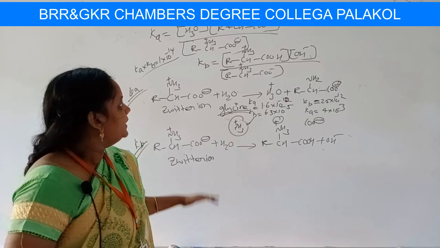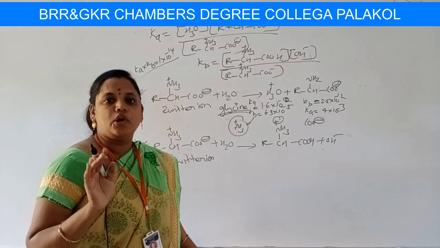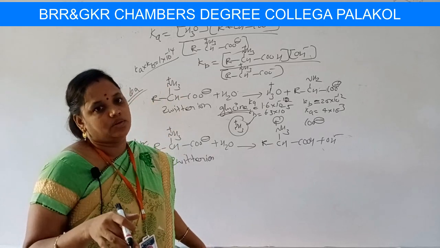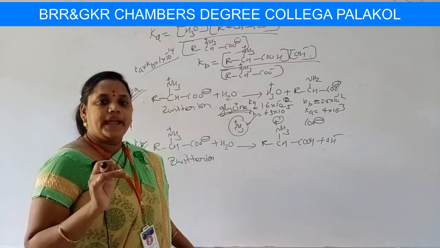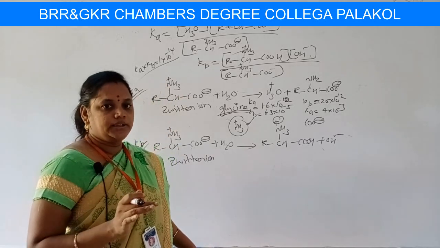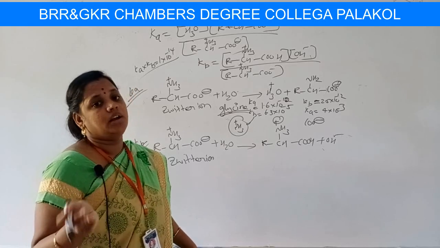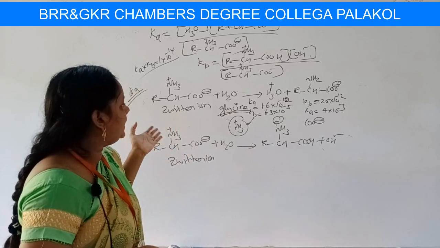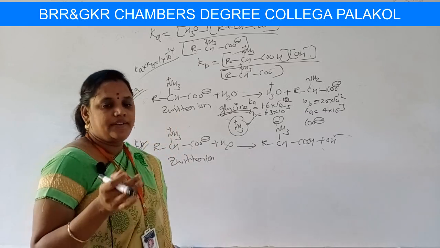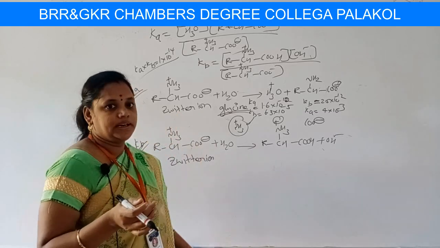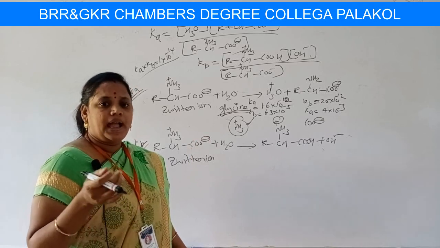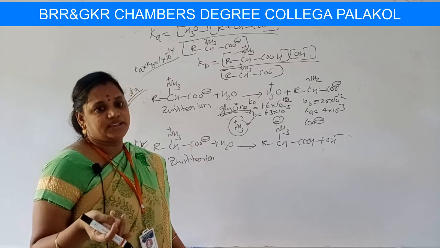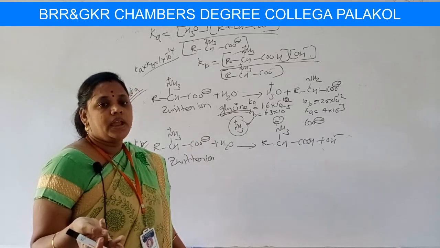Okay students, this is about the dipolar nature or Zwitterion of amino acids. Let us see some proofs about this. Evidences for dipolar structure. High boiling point is an evidence, students. It has a high dielectric constant, it is an evidence, students.